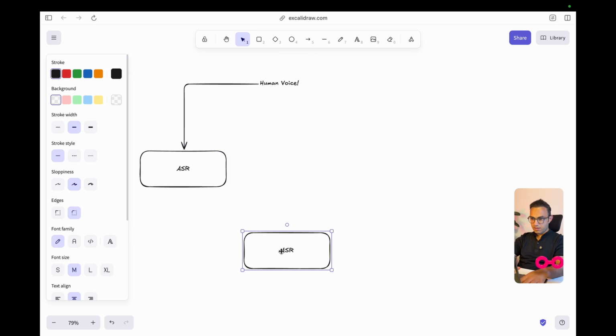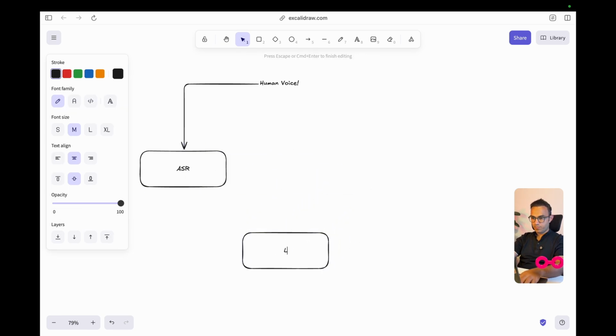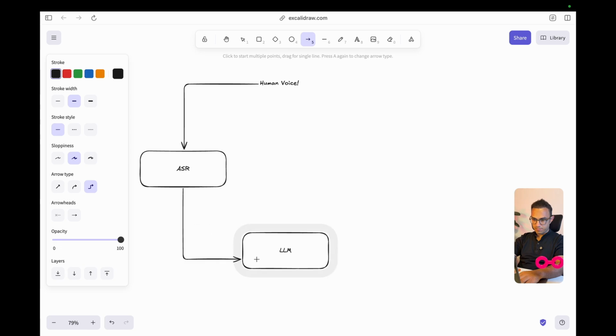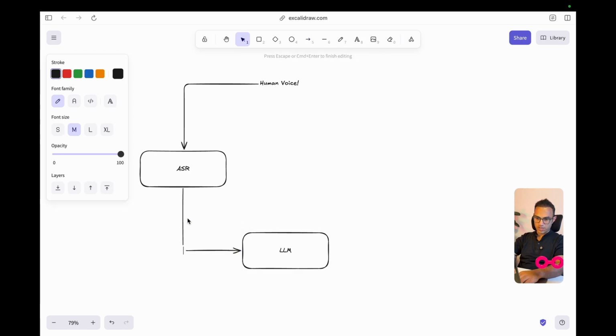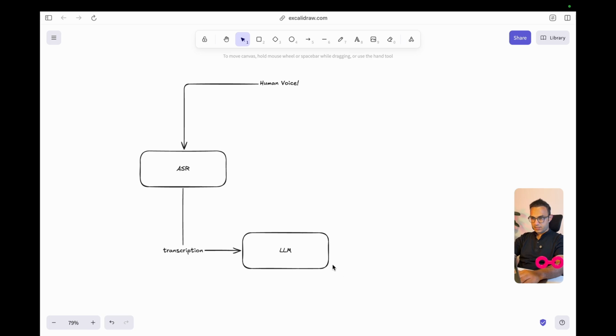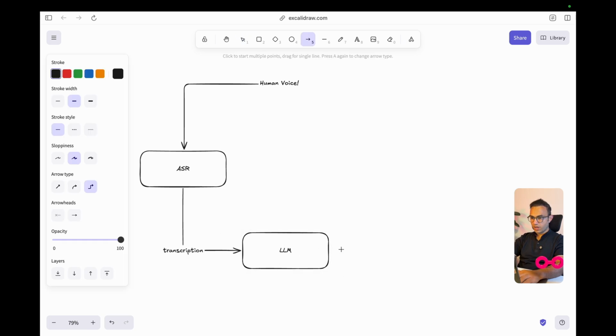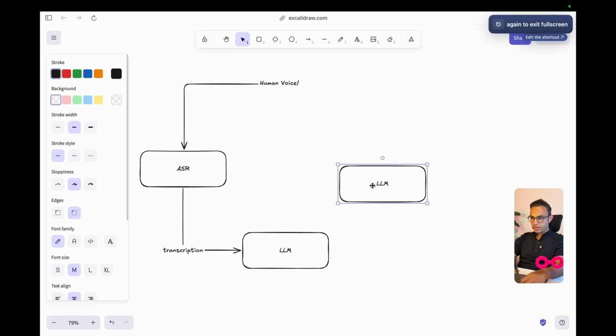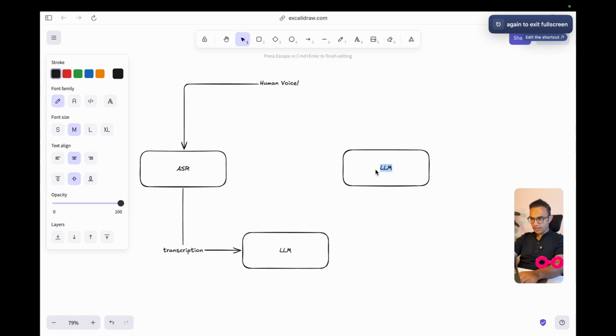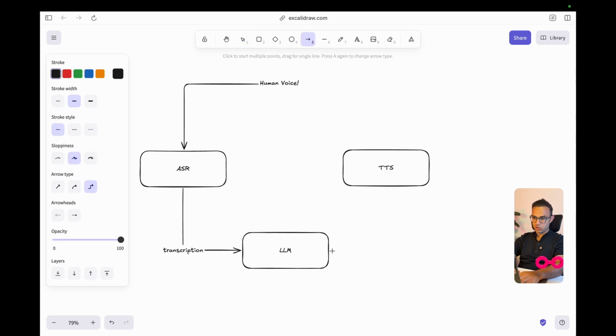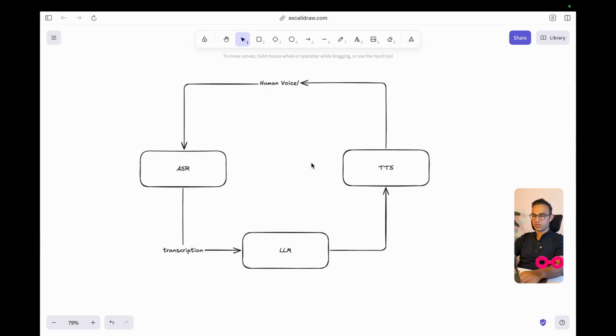Then there is a step in the LLM: that transcription of your voice is given to an LLM, and then the LLM response comes back to a so-called TTS, text-to-speech. And then that text-to-speech is played back to this human voice.